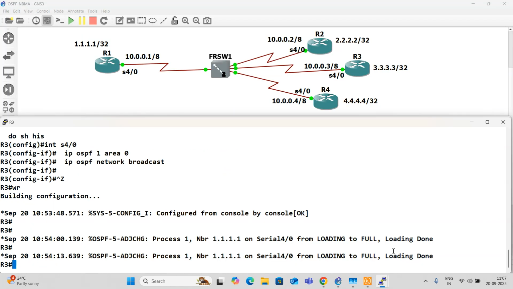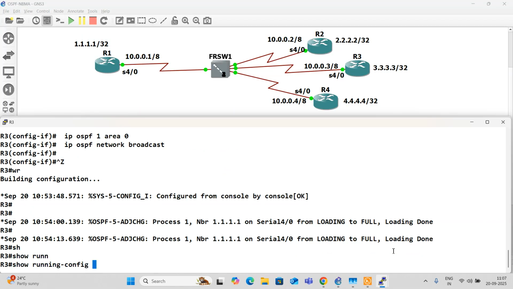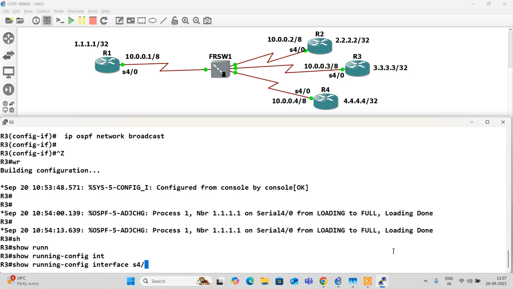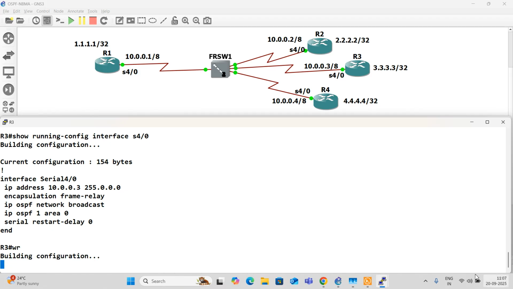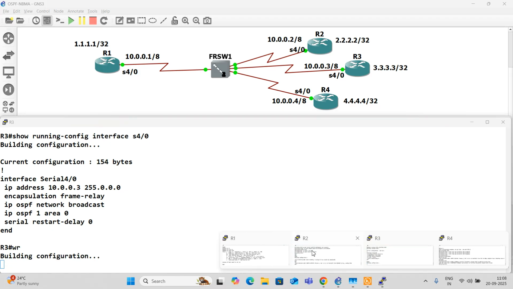Likewise, I'll go to router 3 and remove. Okay, here I did not do anything related to frame relay static route.